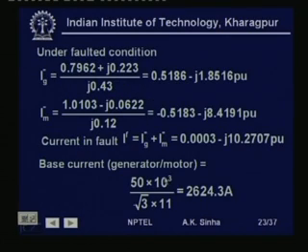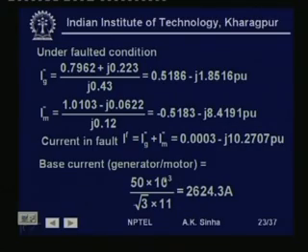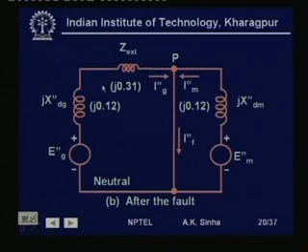So, once we have calculated these subtransient voltages behind the reactances for the generator and the motor, we can calculate the currents very easily. This voltage divided by the reactance, that is, if we see this circuit, this is the voltage and this is the reactance coming into picture, because this point is now shorted here. So, this voltage divided by this reactance, that is E g double dash by J 0.43, is giving us the